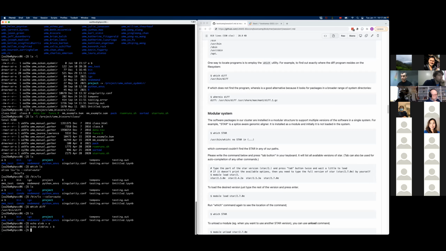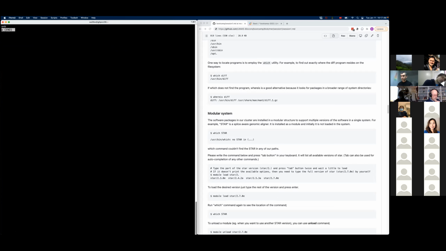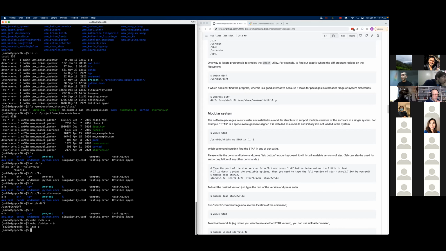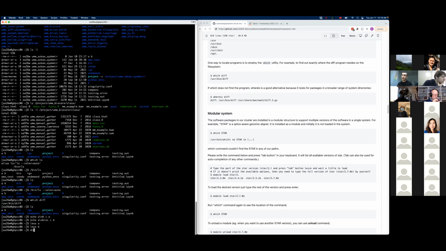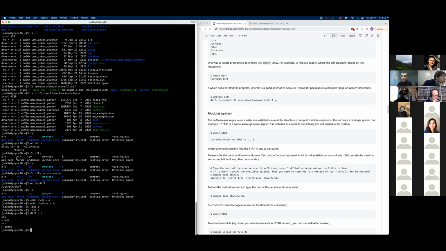So I just created two files. One just says A and B. I didn't create what I wanted actually, but the second has A and B and C, right? So if I say diff on the two files, it tells me the first file has A and B, but the second file doesn't have it, and the first file doesn't have A and B and C, and the second file does.